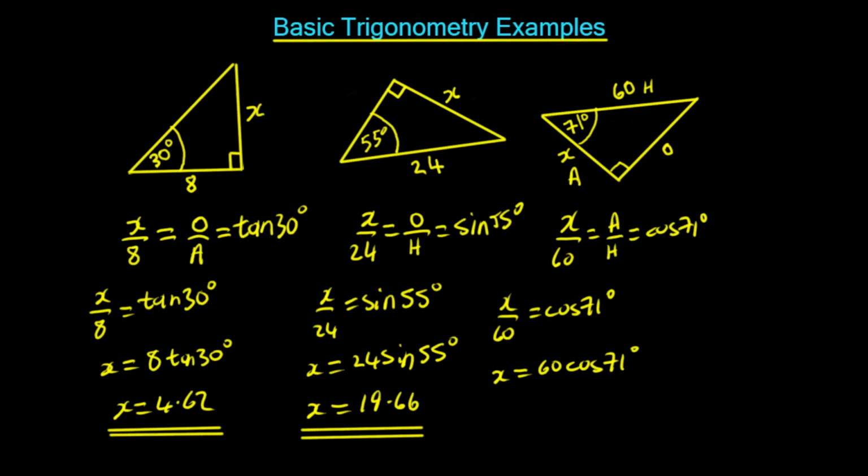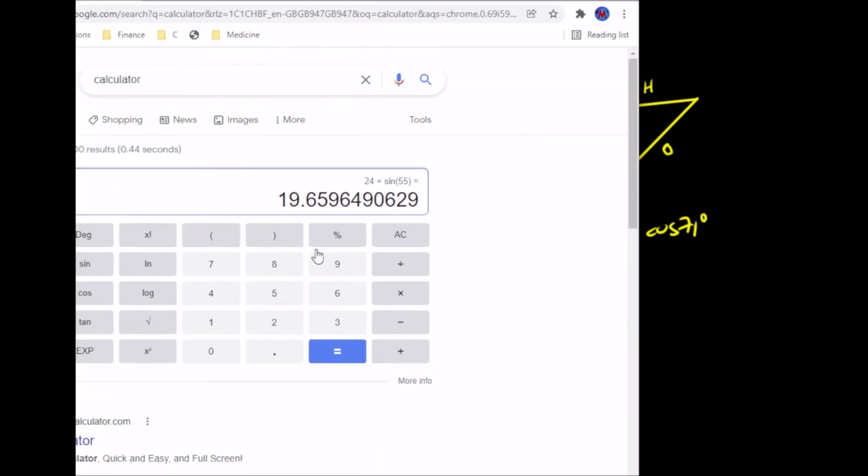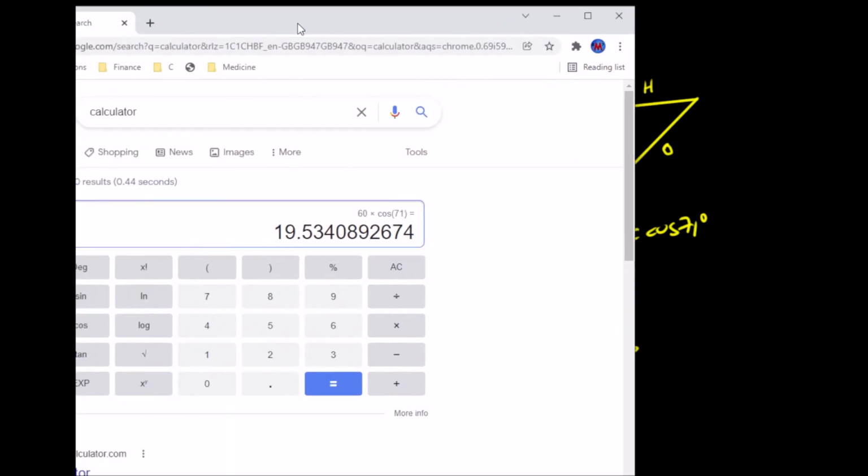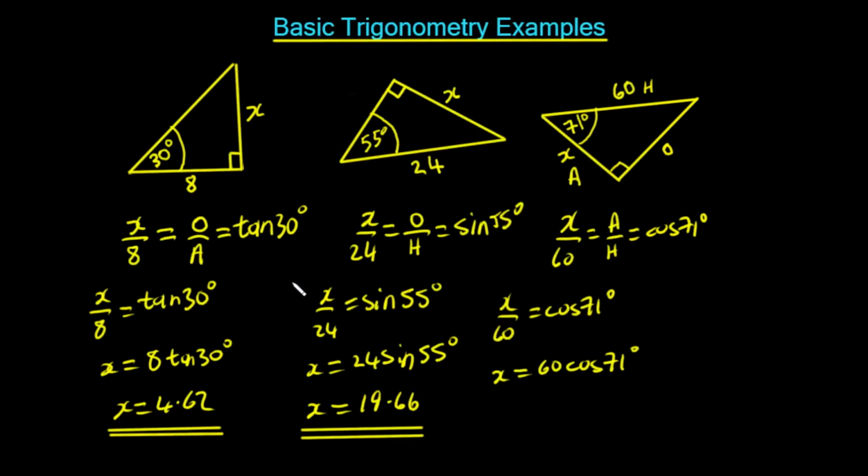So again, we'll go into our calculator and we'll put in 60 cos 71 degrees. So it's going to be 60 times the cosine of 71, which is equal to 19.53. Okay, so we'll have x is equal to 19.53. So those are three little examples,